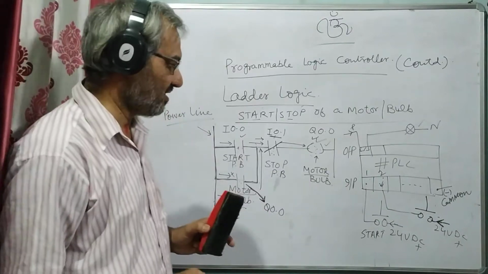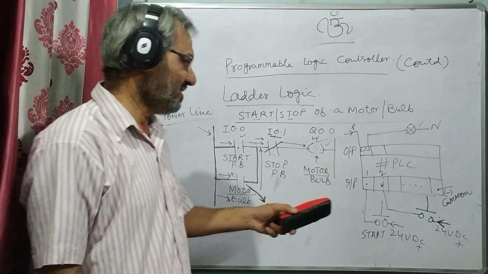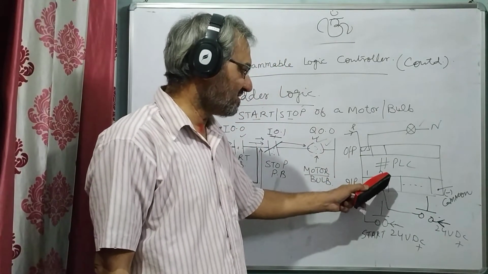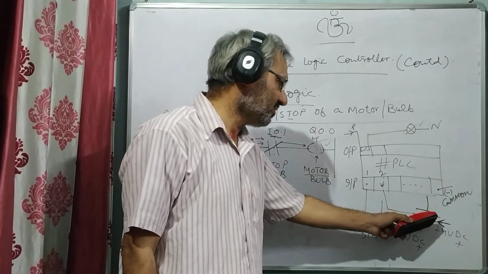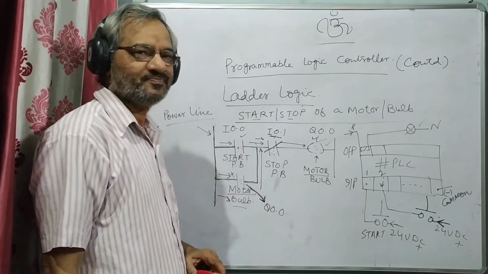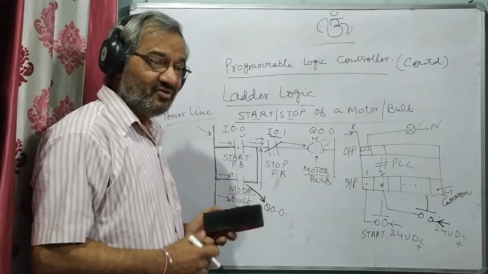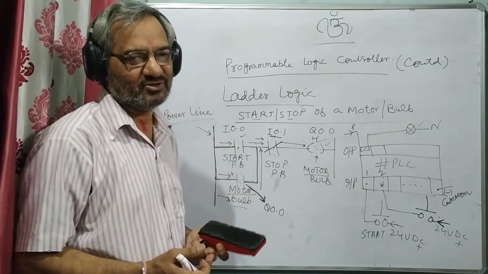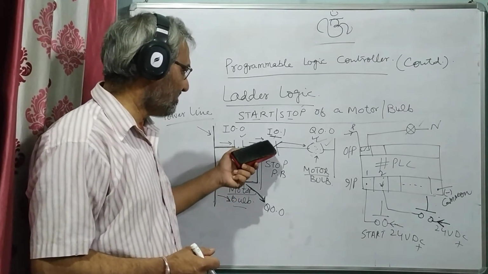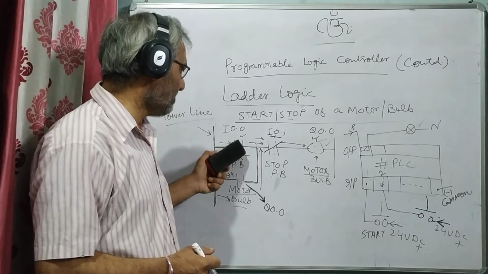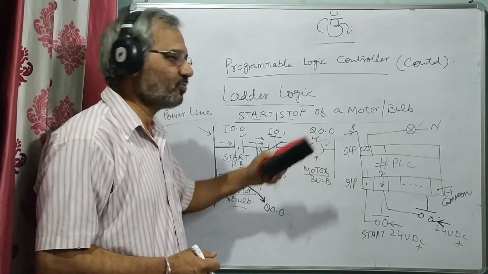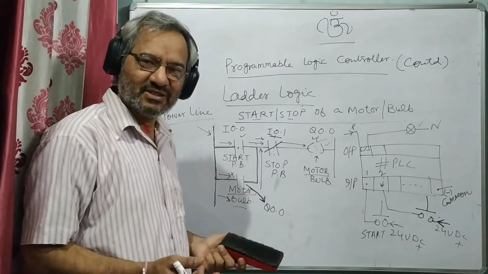You have to be very much careful while connecting the physical connection in the PLC. In the PLC, the input number second should not get any power initially. Then only this will be high. We can do the simulation also in our computer. There we can make initially this as low, and we will toggle this, make this on and off. We will see that output will be on. We can do the simulation also.